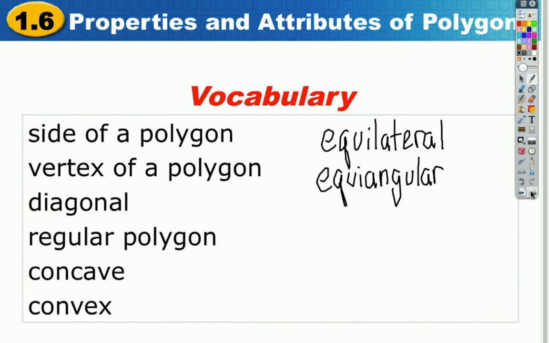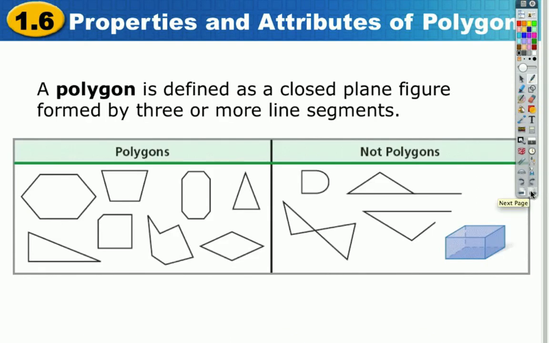So let's jump in and start talking about polygons and what they are. Remember the rule about note-taking and ideas. You copy what you feel like you need to copy. I'm not going to tell you what to copy down and what to write and what to use abbreviations for. But I will give you a little bit of guidance. You have to know what a polygon is, and you have to be able to recognize it on sight. And you have to be able to explain why something is not a polygon or explain why something is a